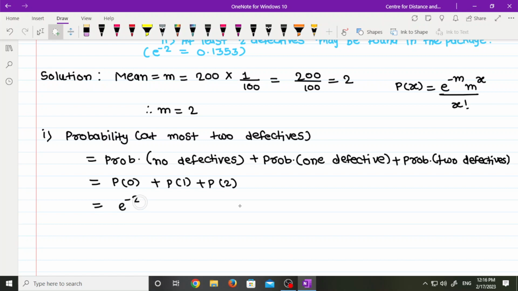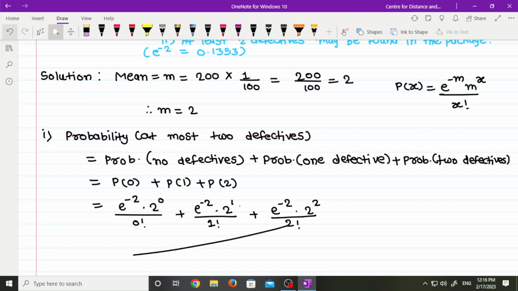So, here we get e raised to minus 2 into m raised to x, that is 2 raised to 0 divided by 0 factorial, plus here we have to find out p of 1, that is here x is equal to 1, then we get e raised to minus 2 into 2 raised to 1 divided by 1 factorial plus e raised to minus 2 into 2 raised to 2, for x is equal to 2, divided by 2 factorial,